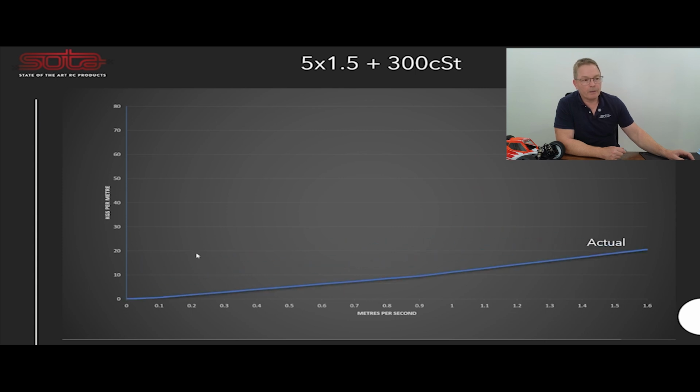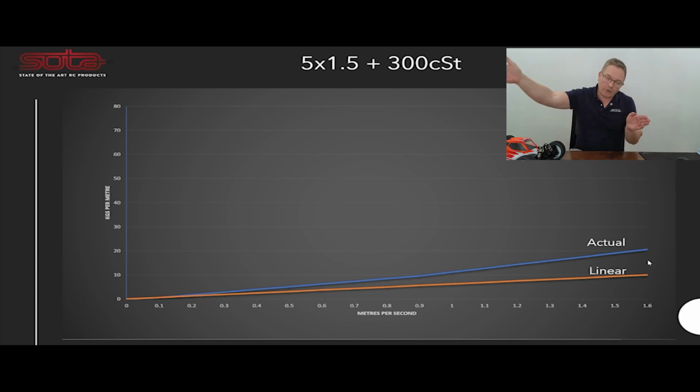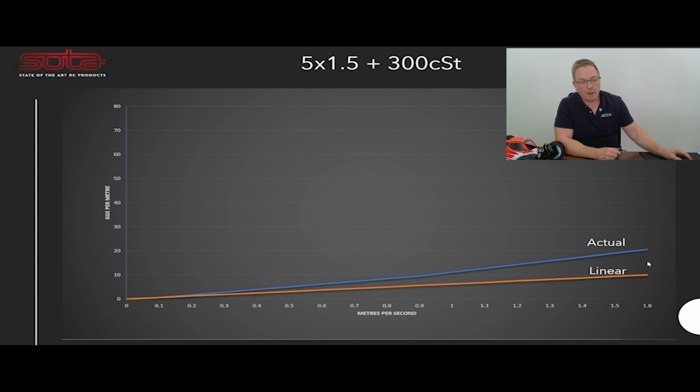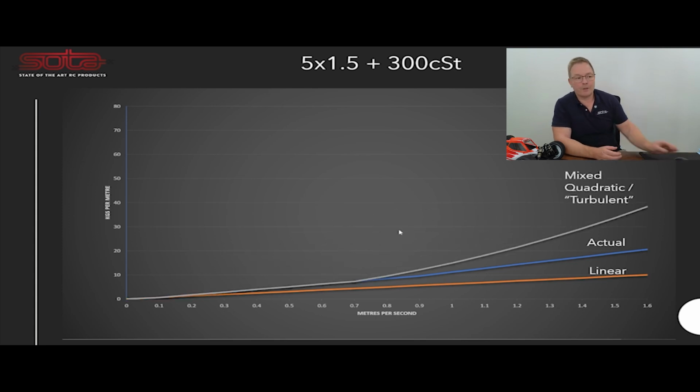All right, so if I then added those two in a graph, this is what the actual looks like. If I then took the low speed and just extrapolated that number in a linear sense, this is where we sit. And we'll go in more detail of what those look like. But you can see here, it's a big difference. We're 10 on 20, 20 on 10. But if I put a quadratic type of equation into at some point in that line, it ramps up a lot quicker. And again, you double the velocity, you get a 4 times return, and that's explained in Paul Theed's book, the